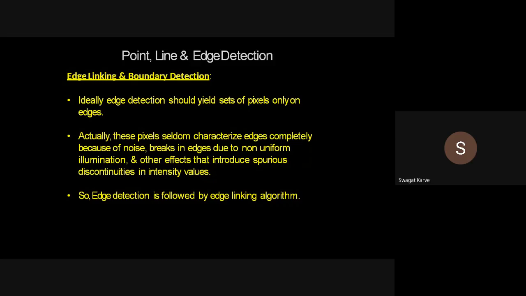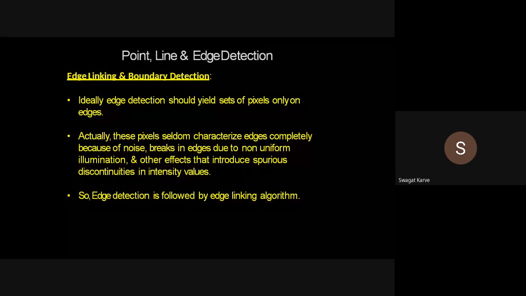Always second order filters, that means the filter mask designed using the Laplacian operator, that means second order differential, always give a good result as compared to the first order derivative. So for edge detection, the masks you normally use or design are of second order derivative, because that gives a good result. Clear with this? Has everyone understood?